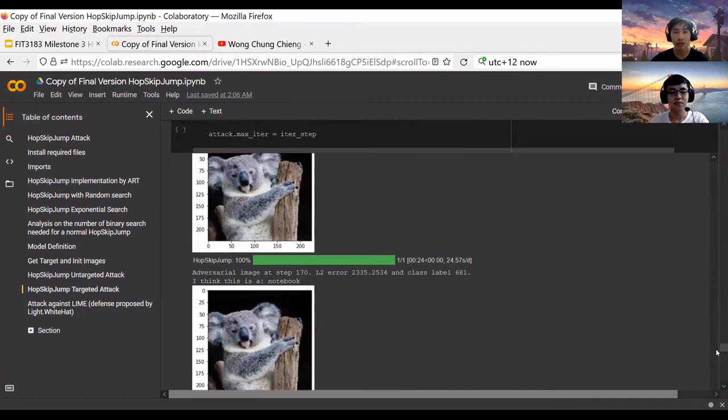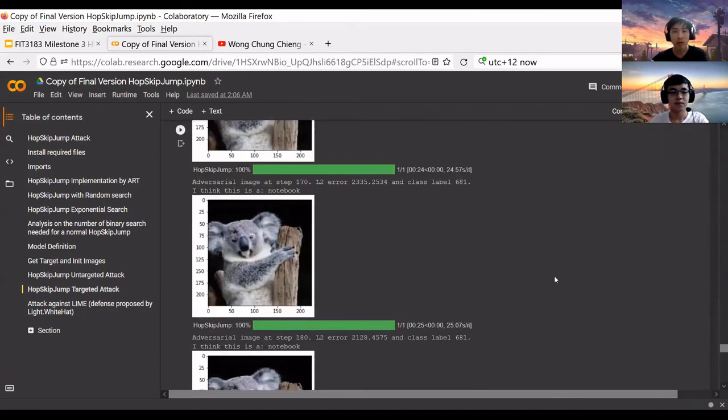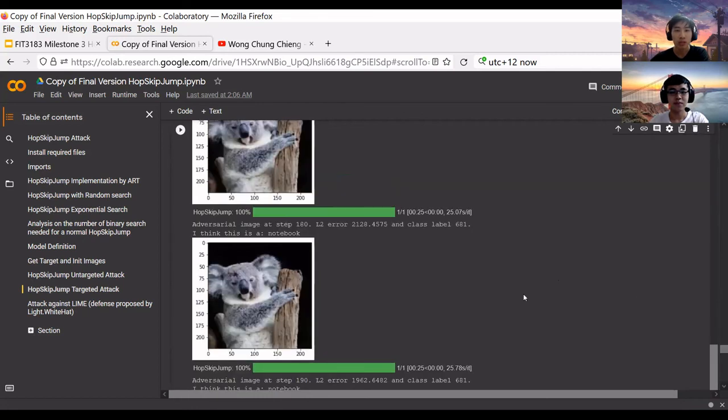And then our original image is actually a koala, where we want to fool the model to make it cannot differentiate between koala with the same picture of a koala,